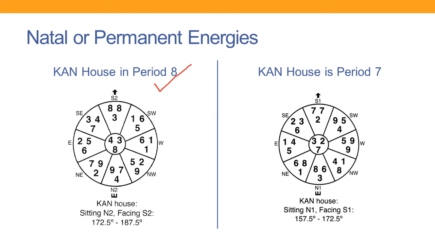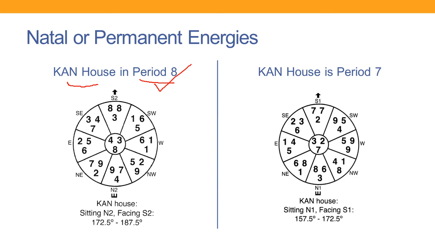With the flying star, they take into consideration the time and space components of the house. It's not just the compass direction. It's not just where the house is built, but they also take into consideration the time element and the space element. So here, again, you can see a Khan house built in period 7,